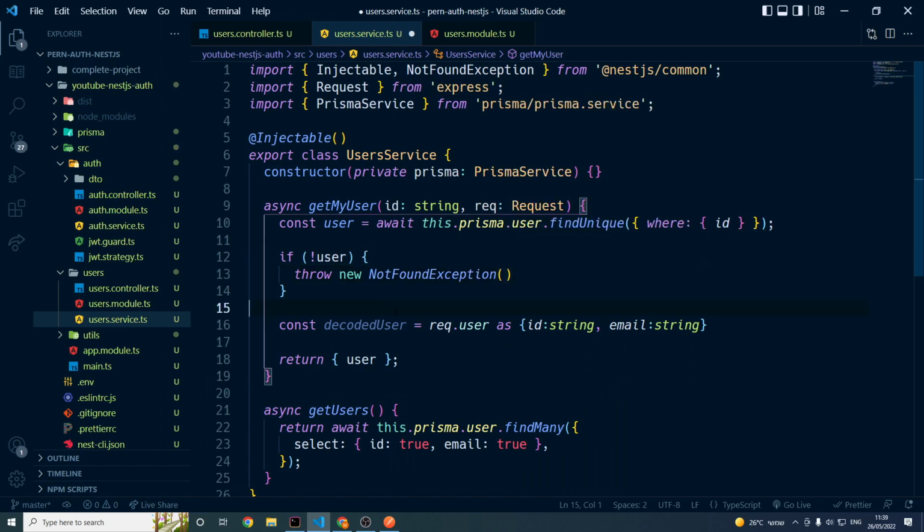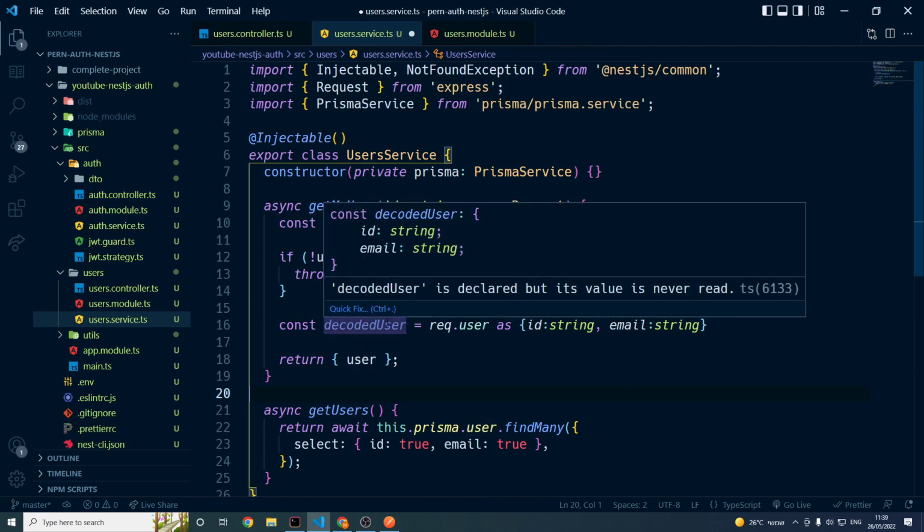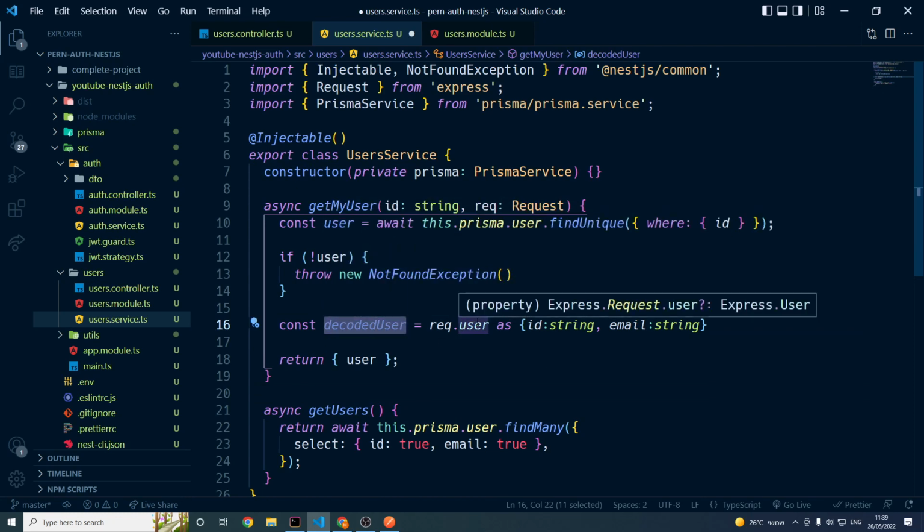Okay, so the last thing I want to check is that only if the user that we found has the same ID as the decoded user that's coming from the JWT payload,